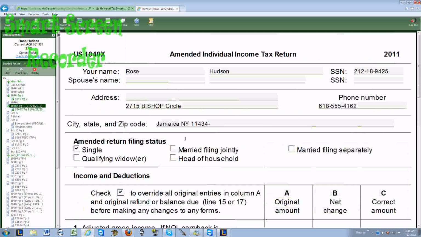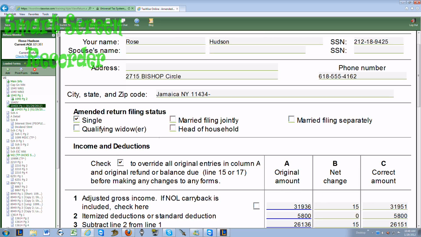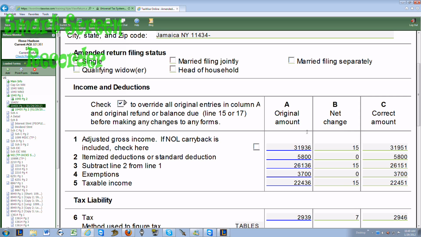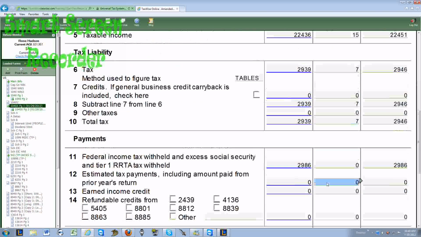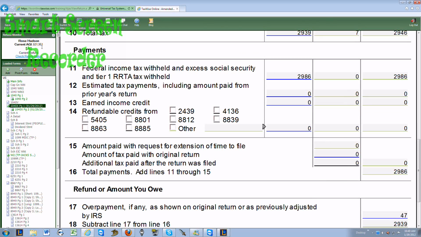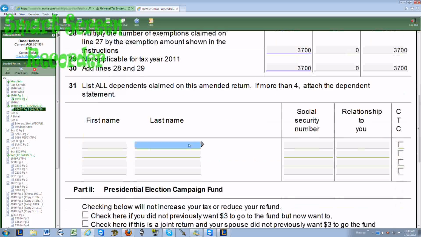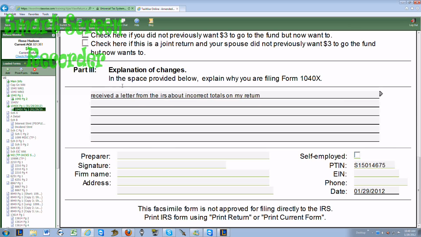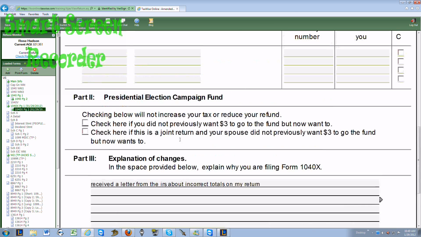Quick review: do the return as it was originally done. Check this box before you make any changes. Make your changes. Take note of the column to make sure that the changes that you did make are the ones that you want to be reflected in the new correct amount. Once you make sure that everything is good, if your liability changed or went up, you're going to go to page 2 and you're going to say why you're making these changes, regardless of whatever the reason is. Just put a brief note in these lines,